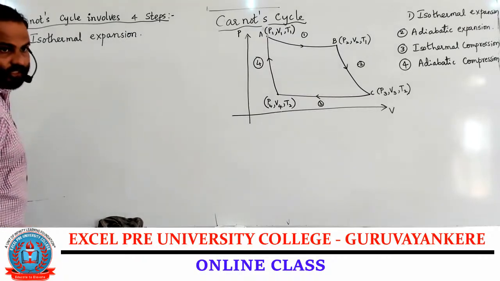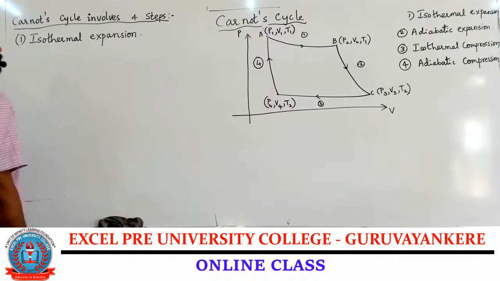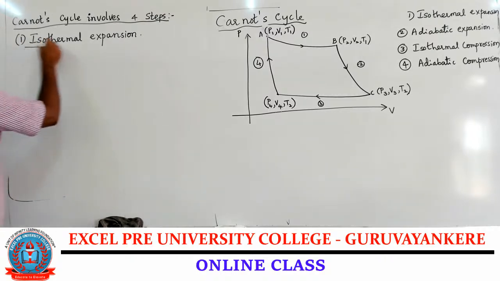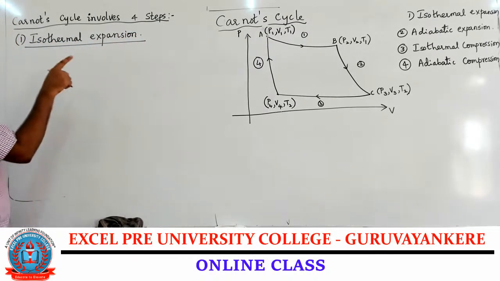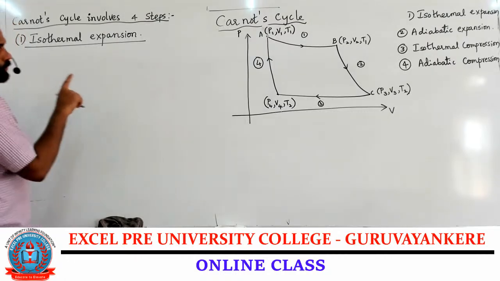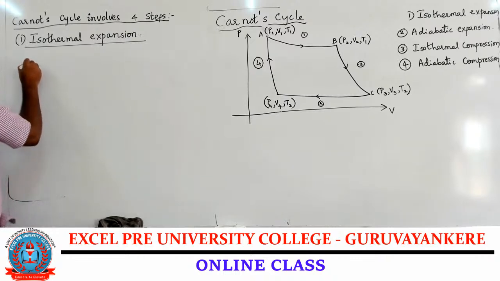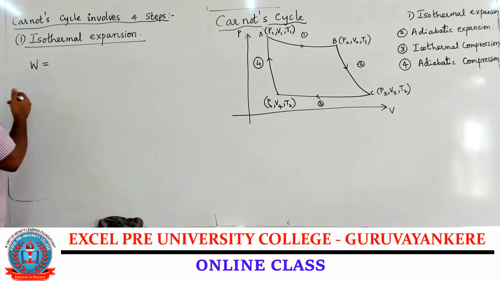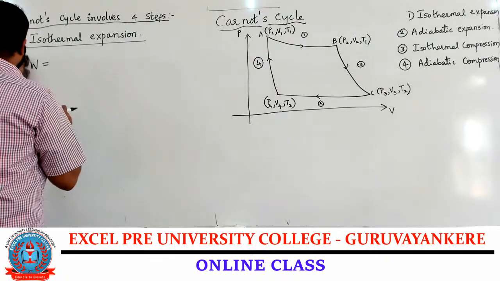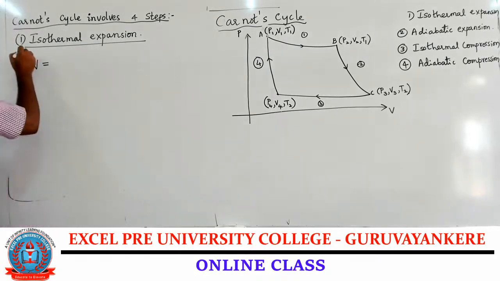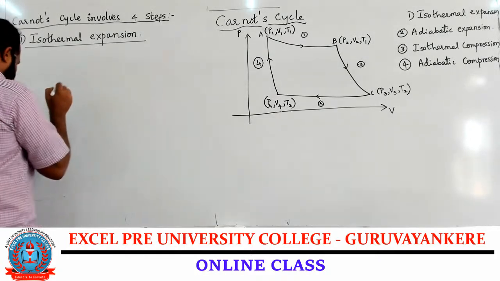Isothermal expansion it is. So, what is the work done in an isothermal expansion? Volume changes from V1 to V2, pressure changes from P1 to P2. So, work done. It absorbs heat now to expand. It absorbs heat Q1. So, that we will write. By absorbing heat Q1,